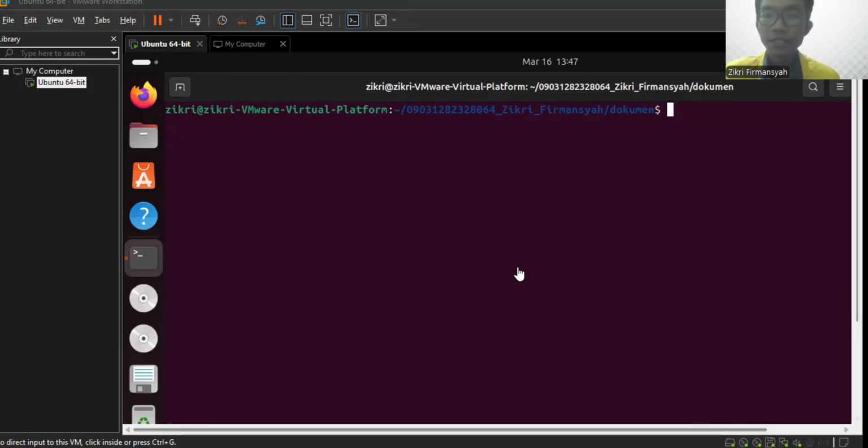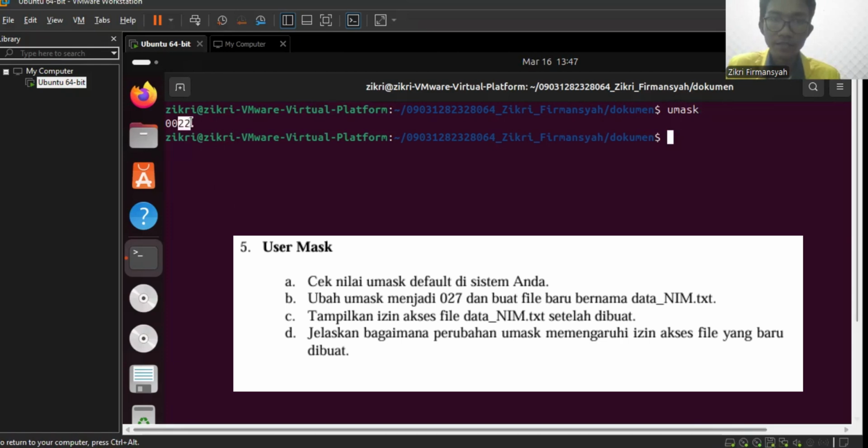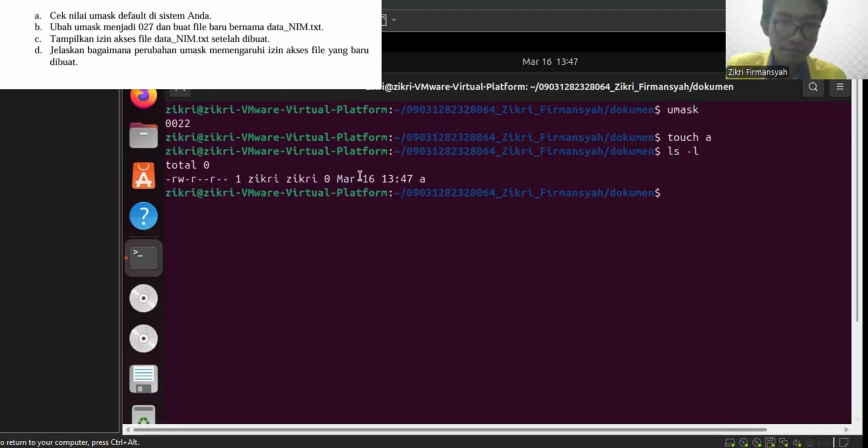Okay, for the last question, I will be doing the UMask settings. For the UMask, first I need to check the default value of UMask. Now I know that the default value of UMask is 0, 2, and 2. And then I want to create a new file with a random name like A, and then I check the information about the file.